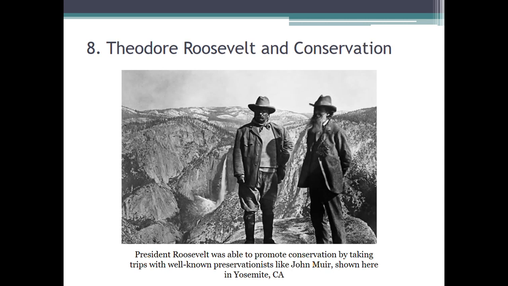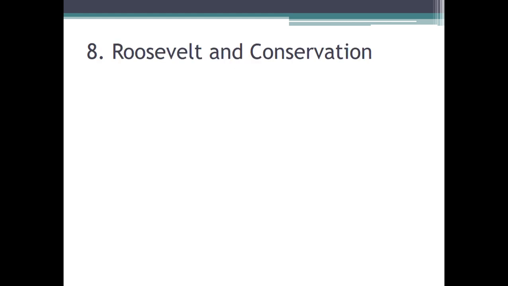So Roosevelt is one of the first presidents who steps up to do things to protect the environment. And he's a believer in what's called conservation. There's a picture here of a famous environmentalist named John Muir, and they're visiting a place in Yosemite, California. All across the country there are these beautiful national parks and forests that are preserved. You're not allowed to go in there and cut trees down. You're not allowed to go there and hunt or do anything to damage the environment, so it's going to be protected. That started with Theodore Roosevelt.